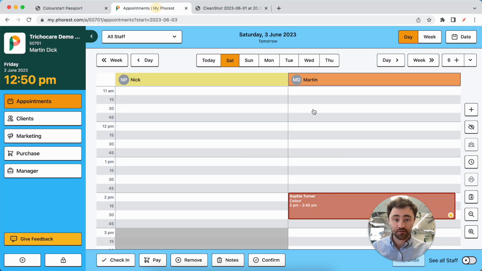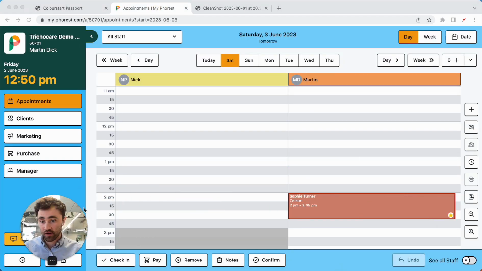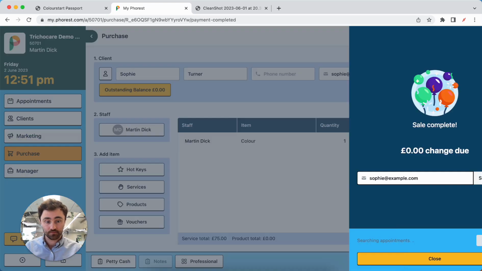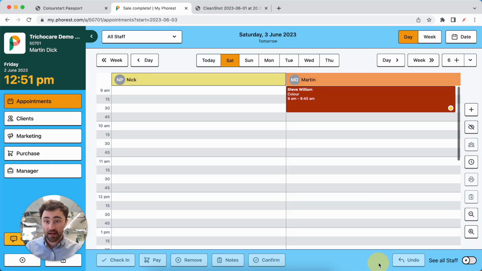So if I now jump back into Phorest, we can then track and automatically redeem passports, which we're doing by tracking if the appointment's been paid or not, so at the end of the process. So if I jump into this appointment here, I know it's a day early, but if I just set that as paid, I'm just going to set it as paid by cash. That's now then paid in Phorest,